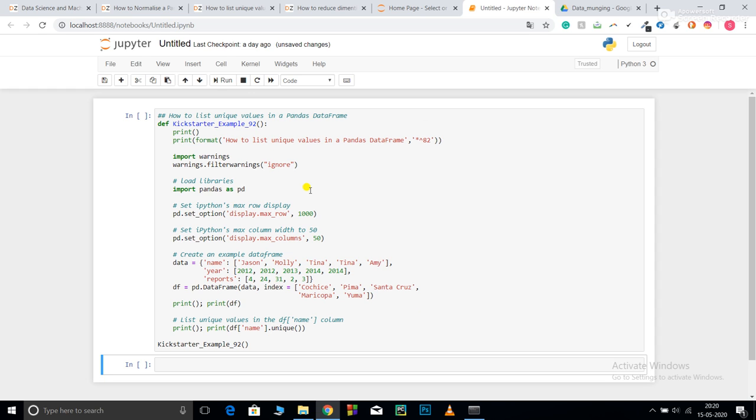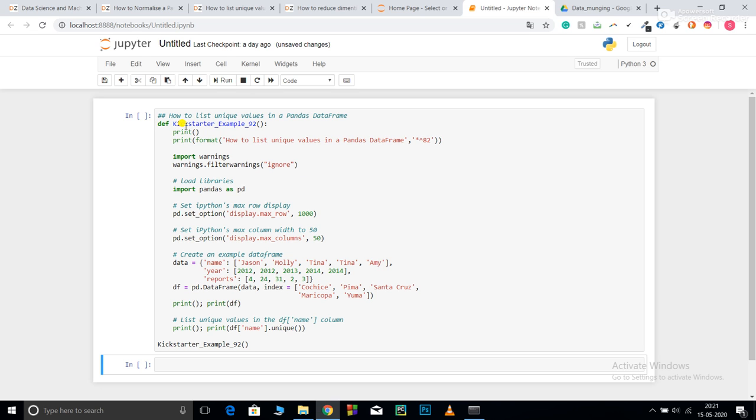First, we need to know when we use it. Many times you have a data frame that contains a column of unique customer IDs, and you need to find the total number of unique customer IDs. This is an example where you can use it. In many columns there may be values repeated more than one time, and you need to find the number of unique entries in those columns. There you can use this.